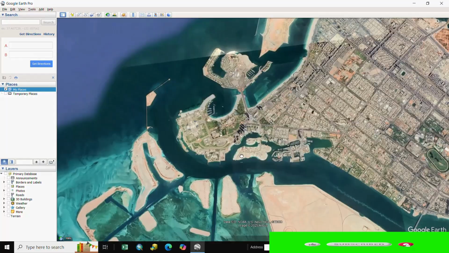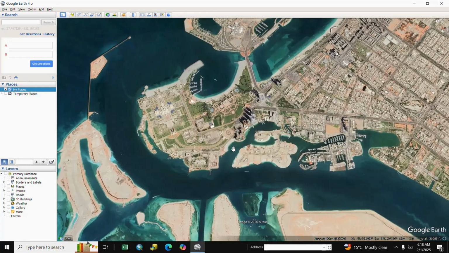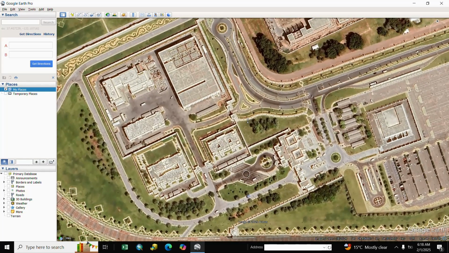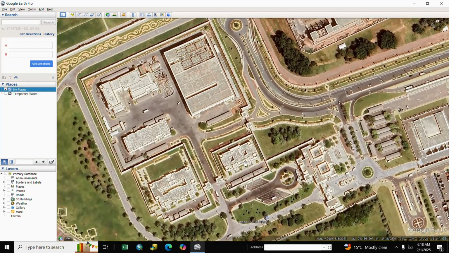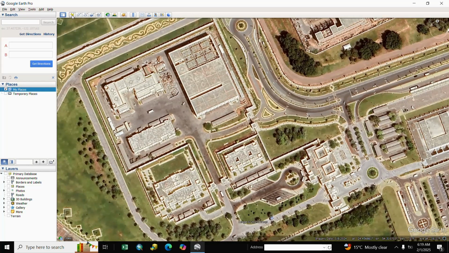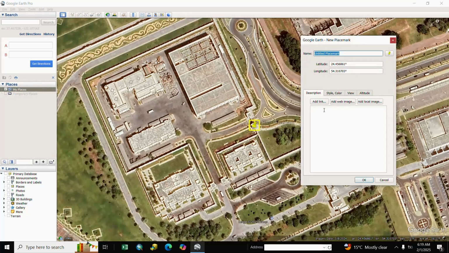You see here is our Google Earth, and we go to a particular point. We take our line, point and area polygon. So first we take a point. For a point we go to add placemark and we adjust the point. Here is a landmark point. We write here L1, meaning landmark 1, and OK.